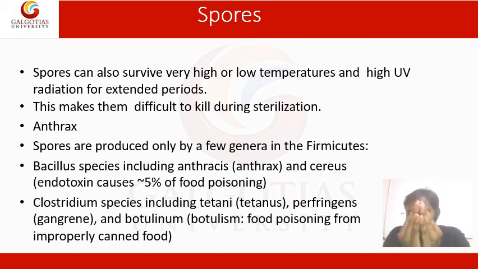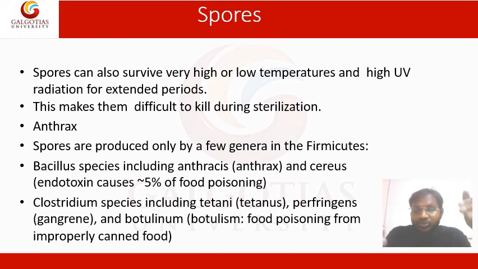From the daughter DNA structure, it makes one circle with two layers, and the mother and daughter cells will be separated. Between the two layers, the peptidoglycan layer will be present. These spores are highly resistant to heat, temperature and cold also. That's why, when you go for sterilization, these spores are difficult to destroy.